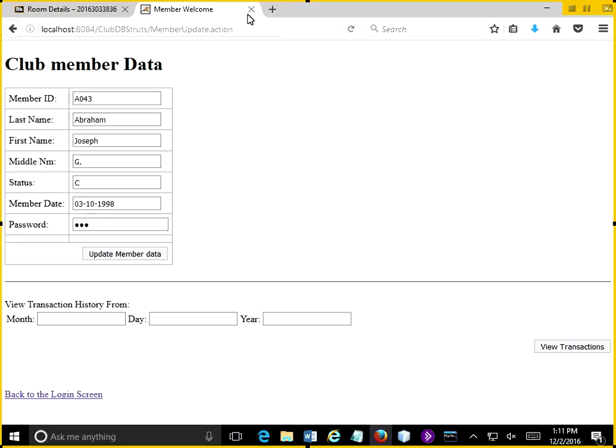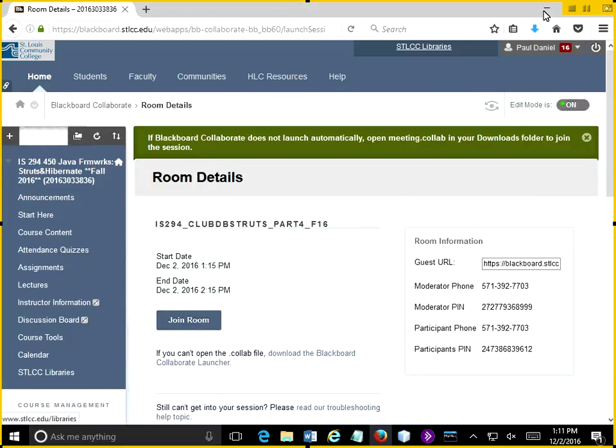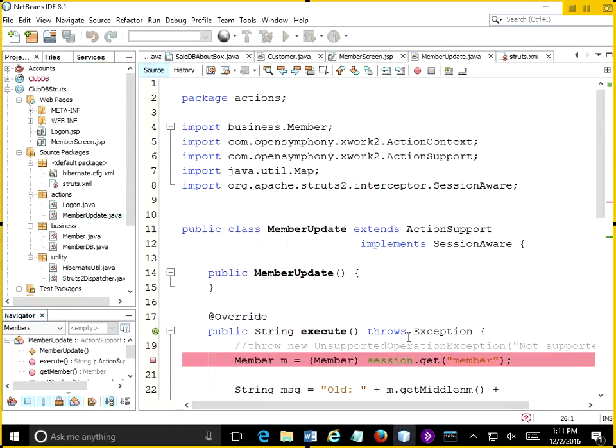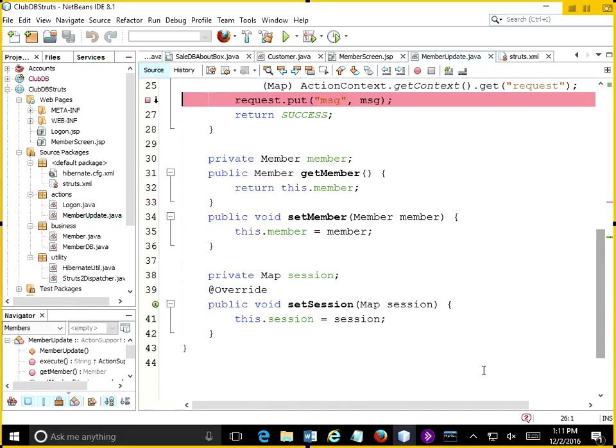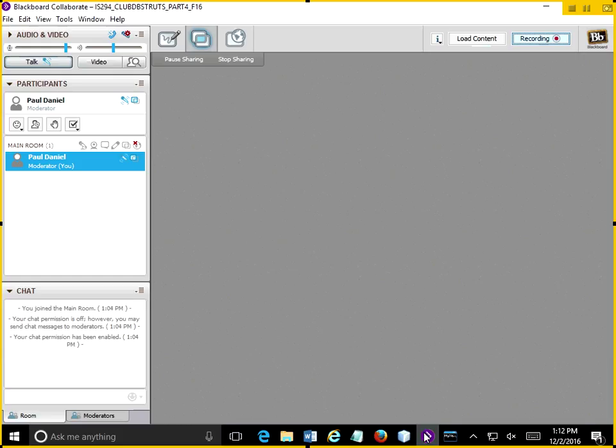I'm not seeing my message. I thought I had a message coming up here. So we are getting back to the screen, but I still think I'm going to have to debug it to figure out why in the heck it is not calling for